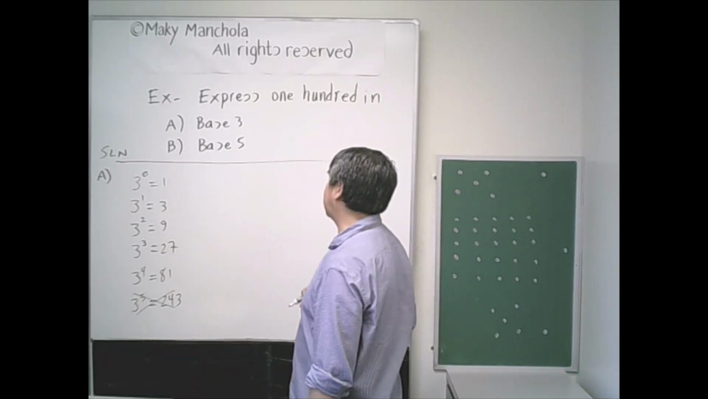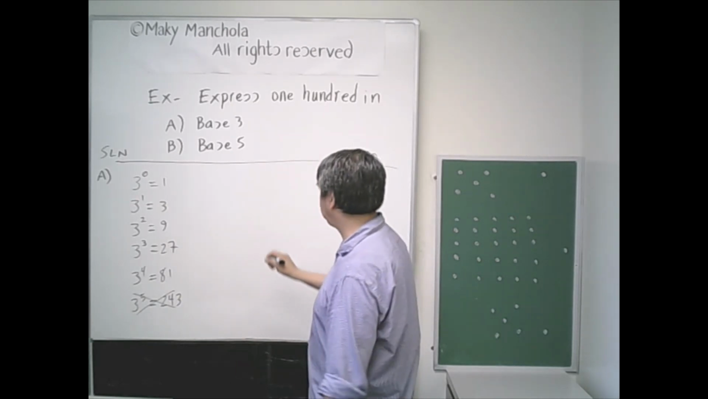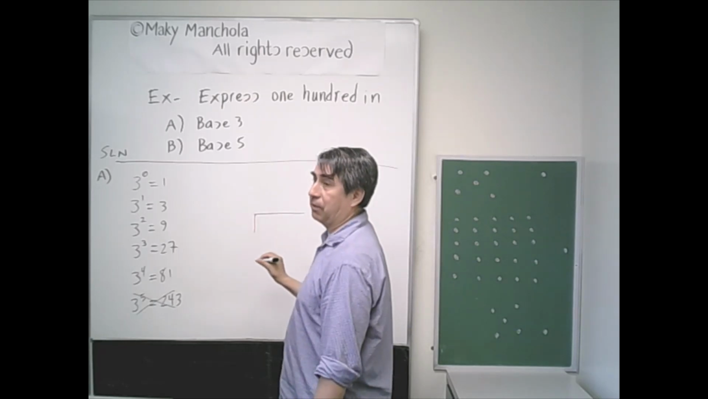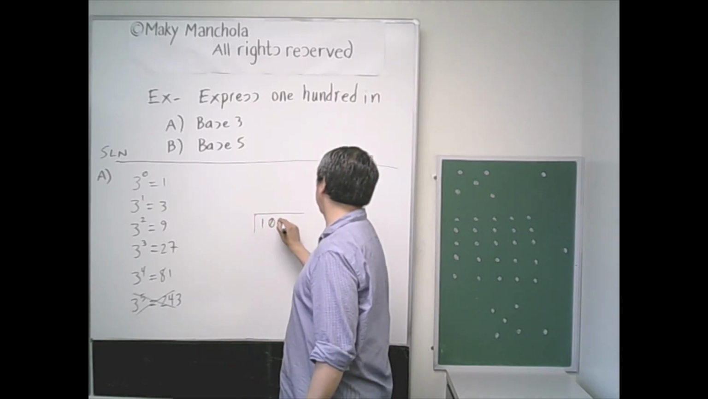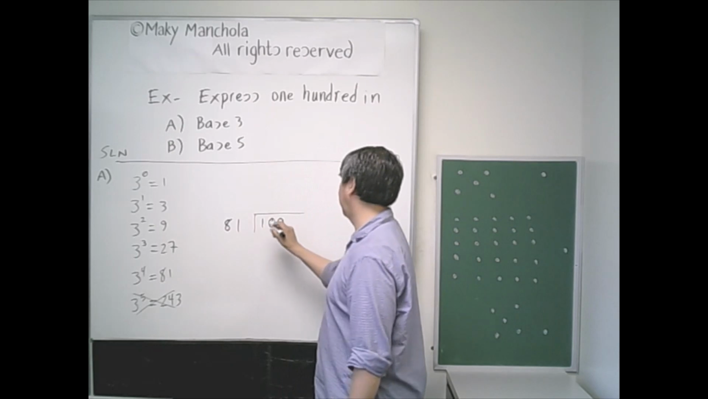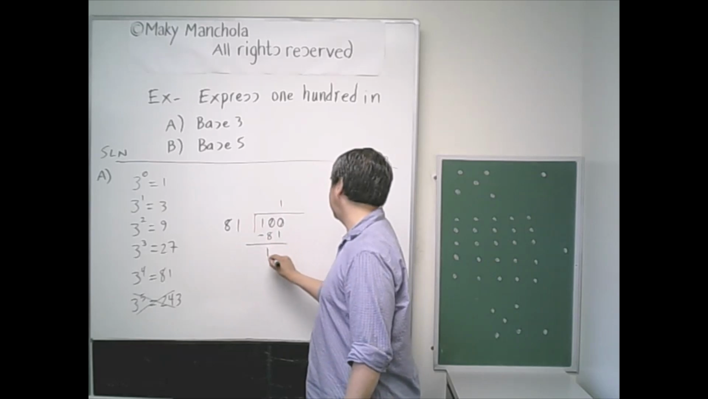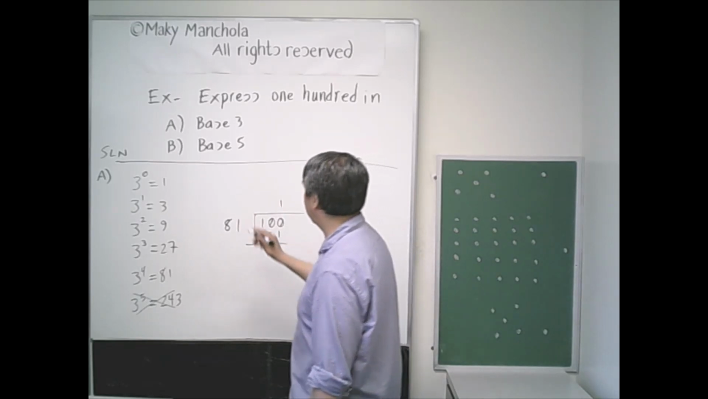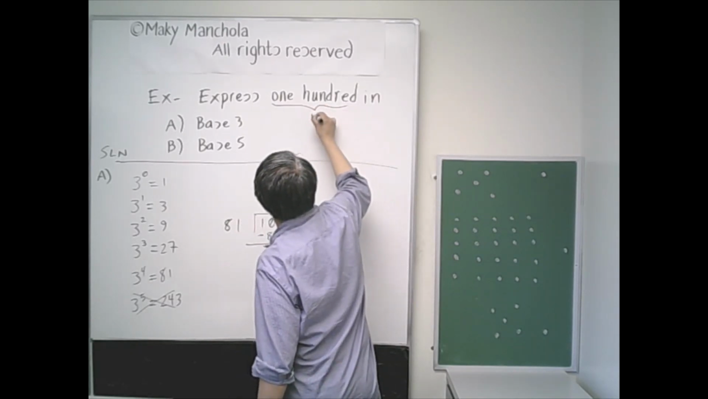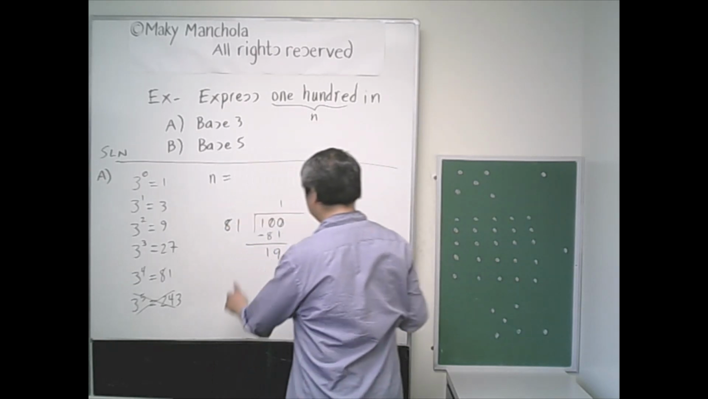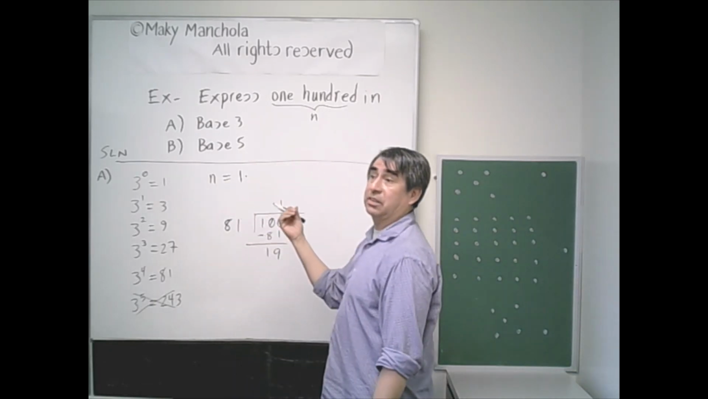Okay, so let's see how many 81s can fit into 100. Only one, right? You can say, let's divide 100 by 81. Only one time. 81 goes into 100 one time. 1 times 81 is 81, subtract gives you 19. Okay, so here I have the number 100. Let me call it n. So our number n, which is 100, consists of 1 81, which is the same as 1 times 3 to the 4th,